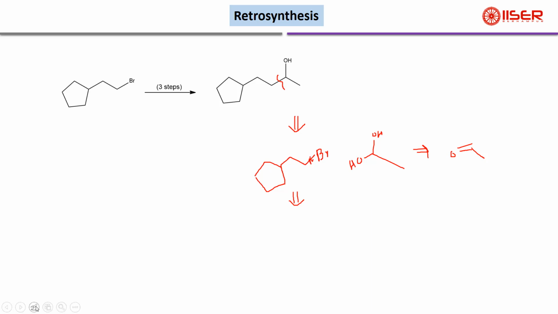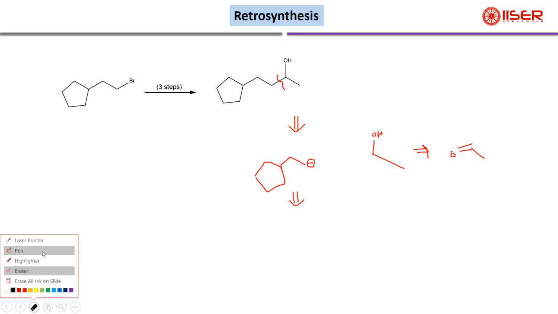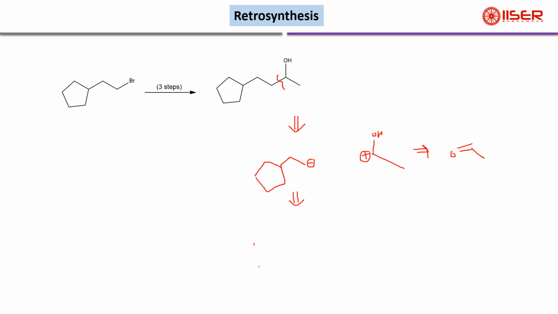Sorry, I just jumped the steps. There will be a negative charge and there will be a positive charge. That can be generated if you make this aldehyde. This becomes a positively charged electrophile, and to make this carbon a nucleophile,